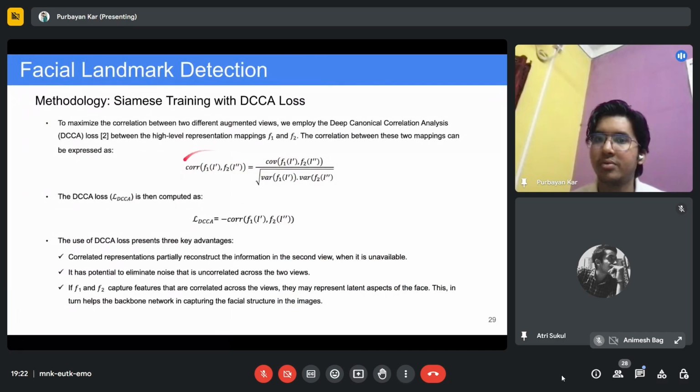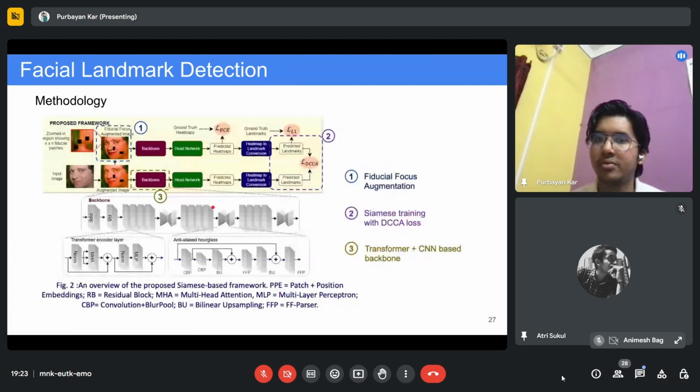But to use this correlation as a loss, we can't use it directly because our loss has to gradually decrease as the model trains. But as the model gets trained, the correlation will increase. So how do we use that? Very simple. We just use the negative of that correlation. So that's how we implement this DCCA loss and calculate the correlation between these two features.